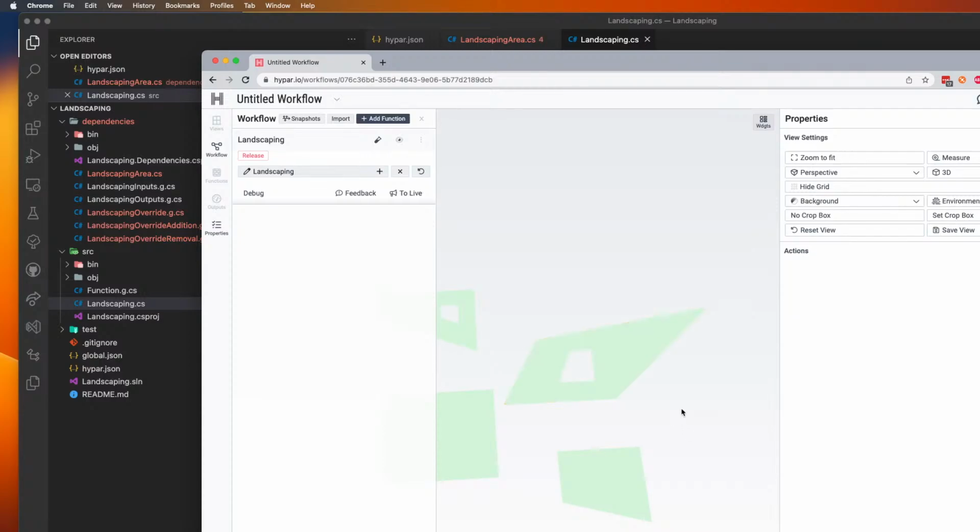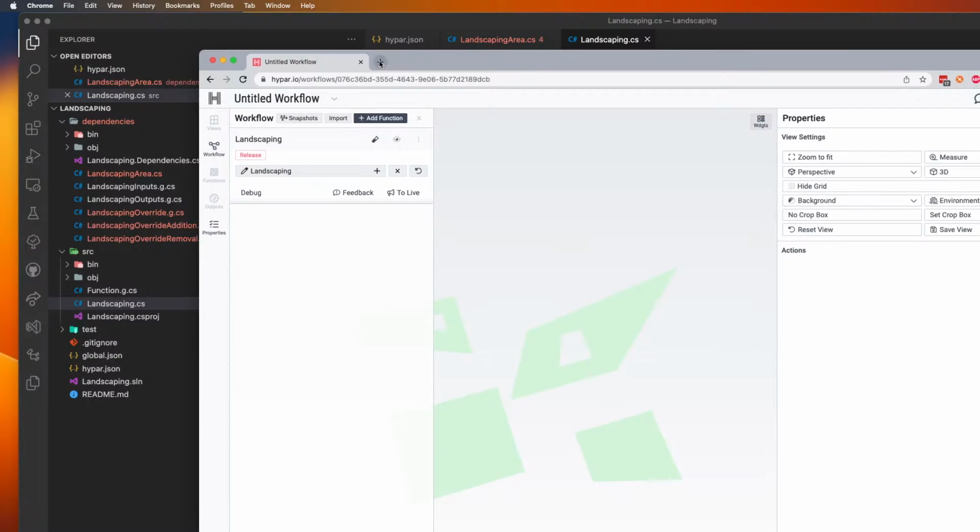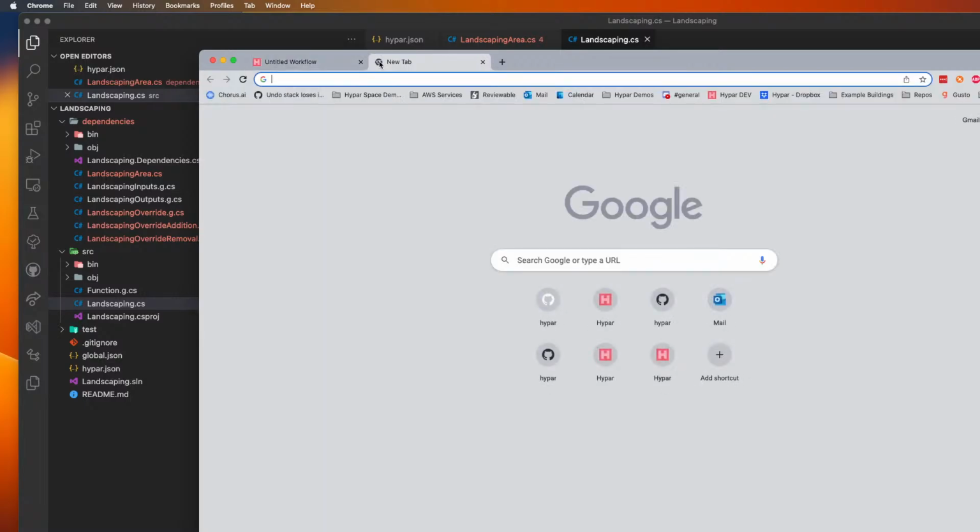So let's do something fun. Let's add something more to this landscaping area. So one of the things we could do is we could add maybe some areas of color. I think a schematic sort of park or something would probably want some little blobs in it. And one of the things I often like to do is just get some inspiration on Pinterest or something. So let's just search for, I don't know,